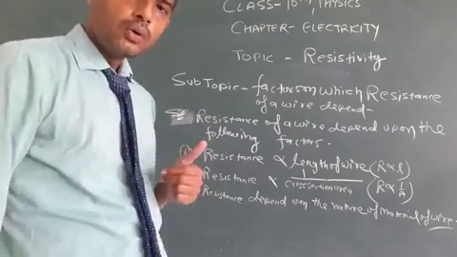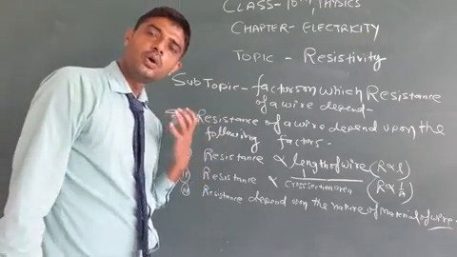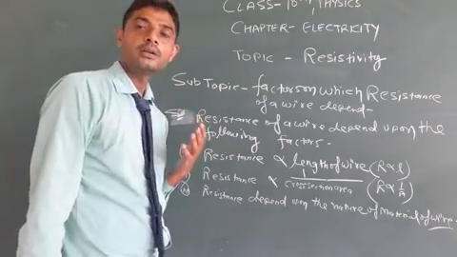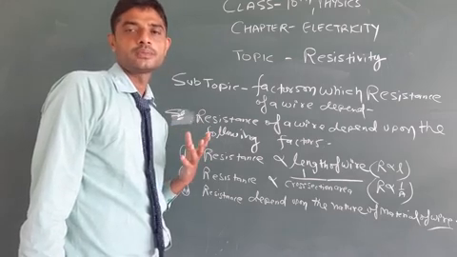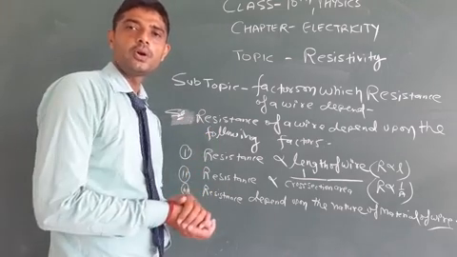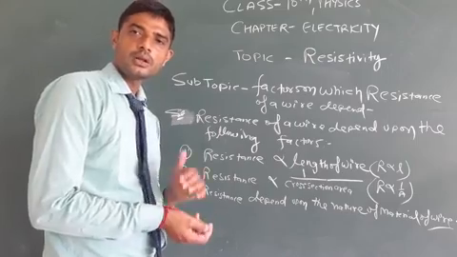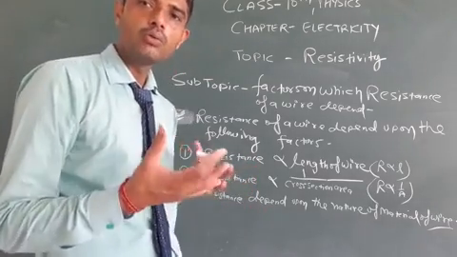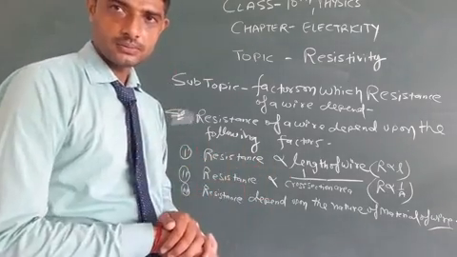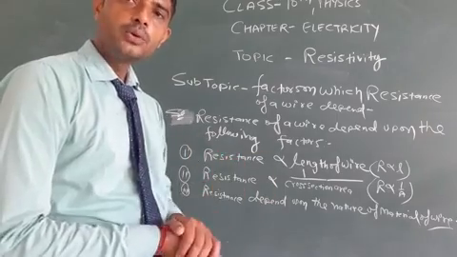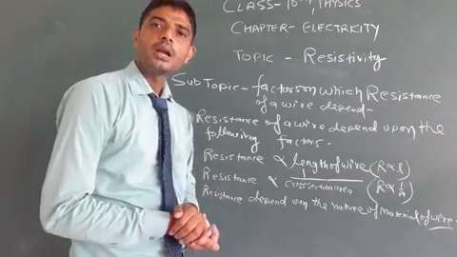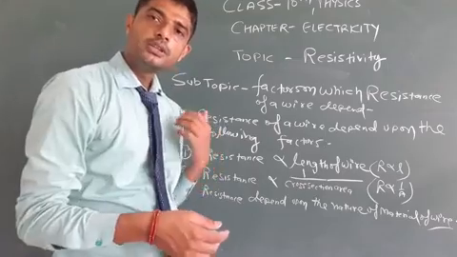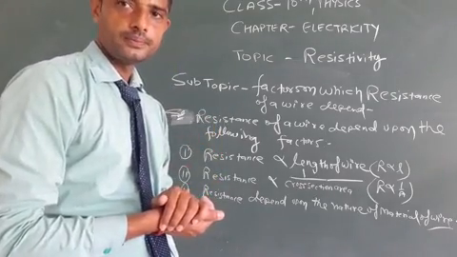As you know, for copper wire the resistance is low, but for nichrome and iron the resistance is high. So due to the property of high and low resistance, the uses of copper and nichrome wire are different. Copper wire is used in domestic wiring and nichrome wire is used to make the spring of a heater. Okay?